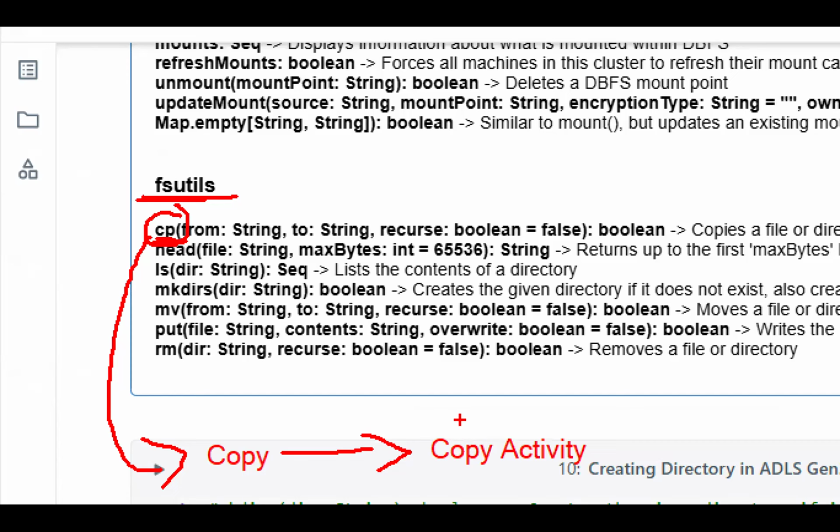Now you may have a question: when we have a copy here in Databricks, then why do we need to go for data factory? We already have the same copy activity in Databricks, so why can't we do it here itself? Why we need to go for data factory is because Databricks has very few connectors, whereas data factory has many more connectors when you compare it with Databricks. That is one thing. And the other thing is